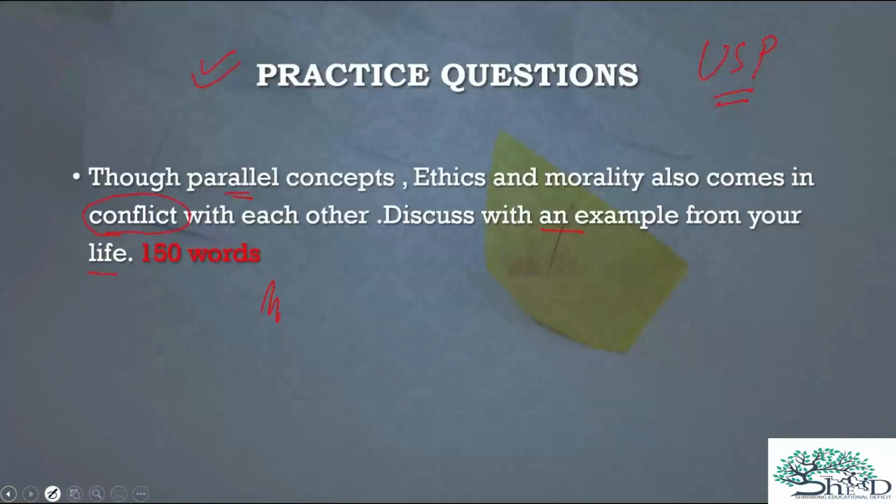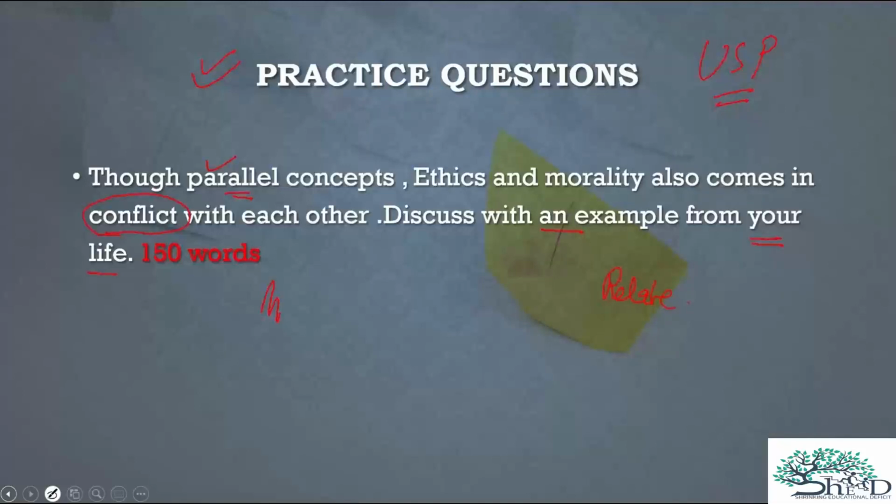All right. See, the tough part for you in this will be that although we have discussed the difference, here you have to tell how they are parallel. You might be able to tell that also, but the actual issue will come from your own life. If you have not thought of certain examples from your life when you are preparing or making notes, then you will have trouble thinking about them in the exam. So please, that is why I keep telling you, relate with your life.